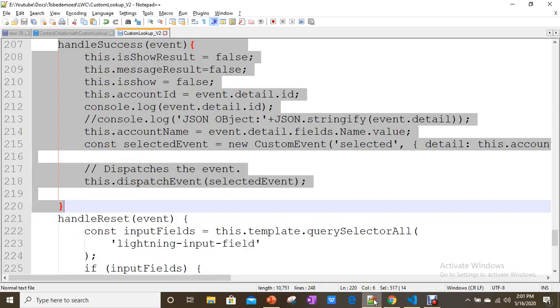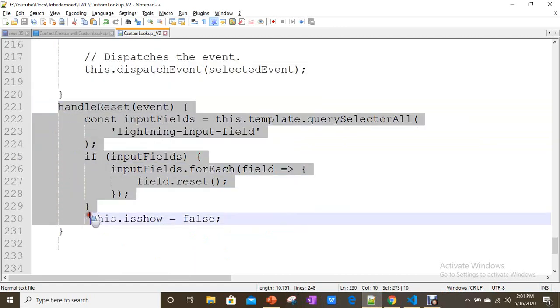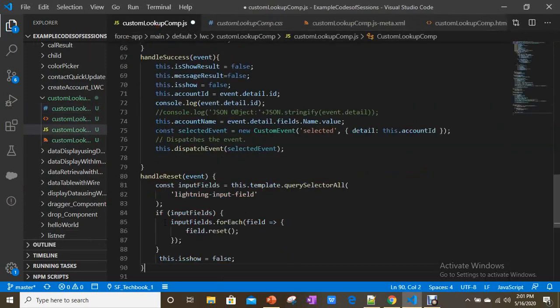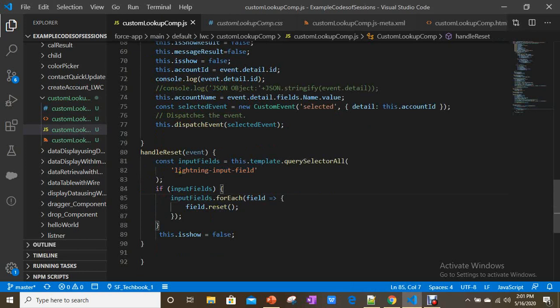So whenever someone clicks on the cancel button, I'm getting all fields with the lightning input field element name, not ID.